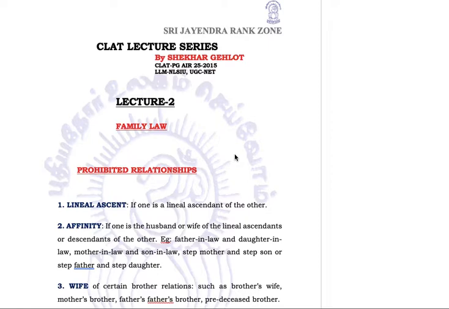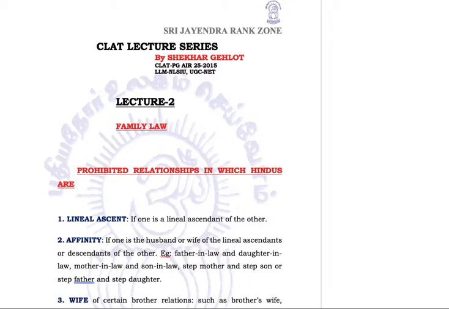In the previous lecture, we discussed that you cannot marry when you fall in a prohibited relation to each other. Now let us see what those prohibited relationships are, the relations in which Hindus are not allowed to marry. And if a Hindu marries in a prohibited relationship,